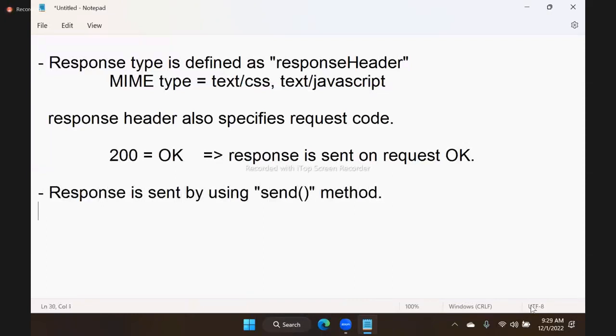Response is sent by using the send method. Response type is decided by the header. The final response is sent to the client from the server by using which method? Send. So the send method will send the response to the client. And after sending the response, it ends